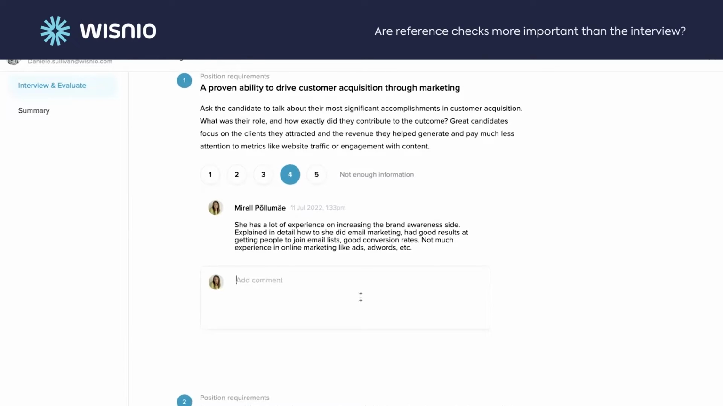So more or less, what you see on the screen are the questions for interviewing the candidates, and then the comments of Mirel, who interviewed the candidate. So now when you prepare for this reference check, you should just look at this information, what you have in this evaluation sheet, and decide what is the information you are missing. So maybe you might ask something like this,